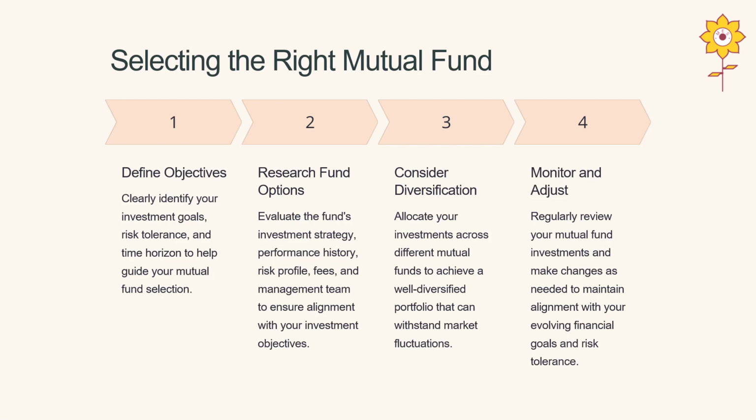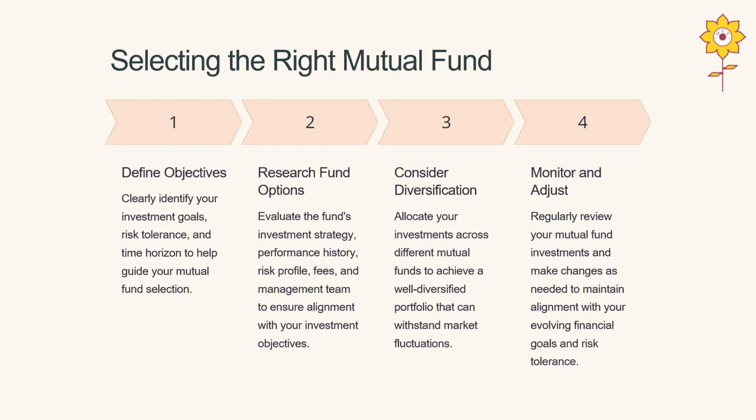And then comes monitor and adjust. You have to follow up. You have to regularly review the net asset value of the mutual fund. You have to see what changes have been made in the mutual fund portfolio. You also have to see the market benchmark of the mutual fund, and compare your return with the market return. You have to evaluate whether you are achieving the goal for which you set out, and how far you are from achieving it. So you have to monitor and adjust your portfolio as per the market condition, or as per the mutual fund investment criteria. This is one way you can go about selecting the right mutual fund.